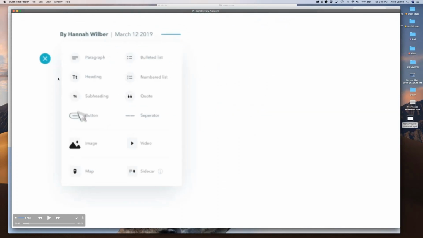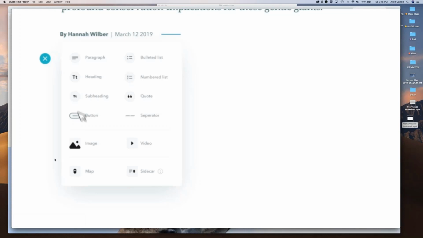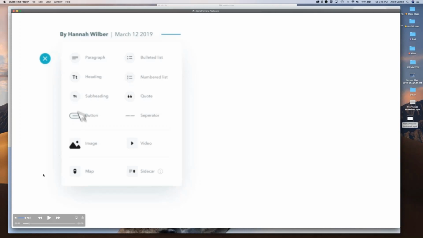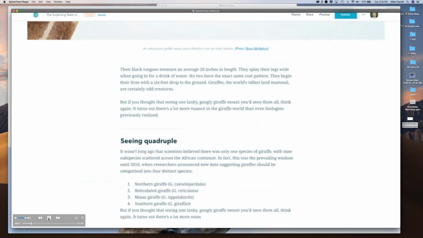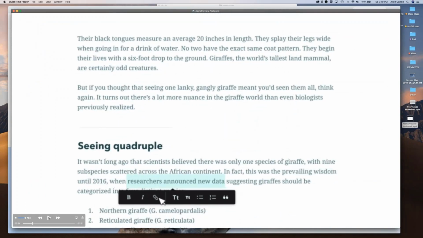By clicking a little plus sign, it'll turn to an X, and you'll get this little pop-up that will give you a number of options, to some extent like the paragraph controls within the existing Cascade app. In fact, the next generation story map is going to bear the closest resemblance to the Cascade builder. So if you're used to the Cascade app, it'll be really easy to pick up this next generation version. So you'll be able to choose from a number of different options. Let's say you add an image, similar controls for the size of the image. You can type in or copy in text. You can add things like hyperlinks to text as you can within our current apps.